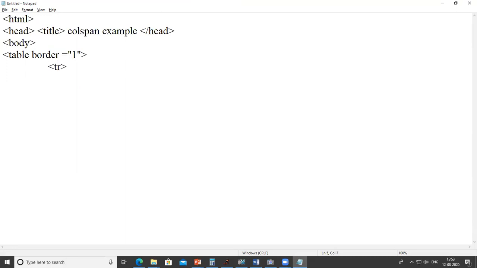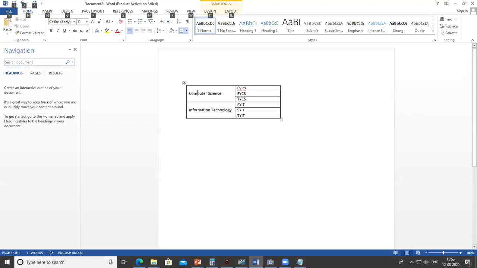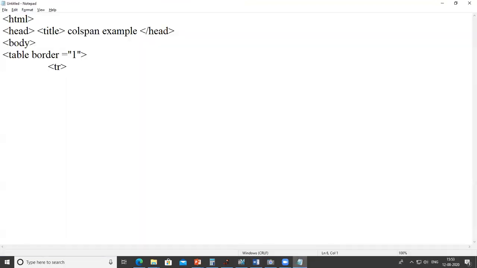So in first row, in first TD, I write computer science. Okay, then I close the TD and close the TR. Here I use rowspan is equal to 3.